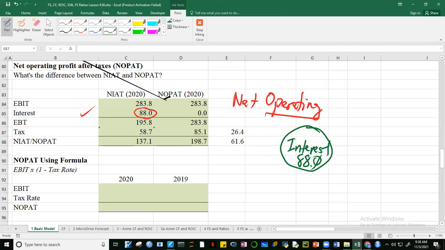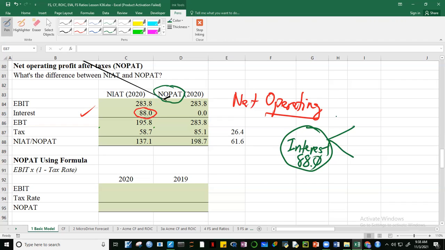Now, not all of this, guys, will redound to the benefit of NOPAT. What will only redound to the benefit of NOPAT? It's what? Anyone, guys? Because we might think that since we're not charging NOPAT with the interest expense, then the difference between